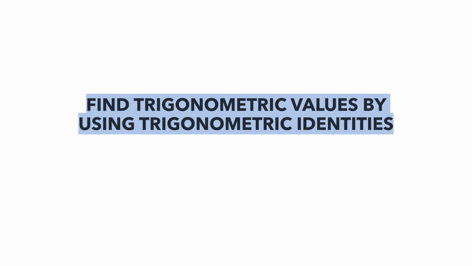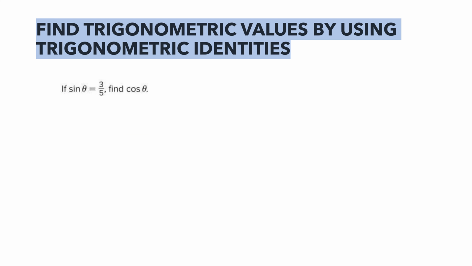Hey everyone, today we're going to learn how to find trigonometric values by using trigonometric identities. Let's have a look at this example: if sine theta equals 3 over 5, find cos theta. So first of all,